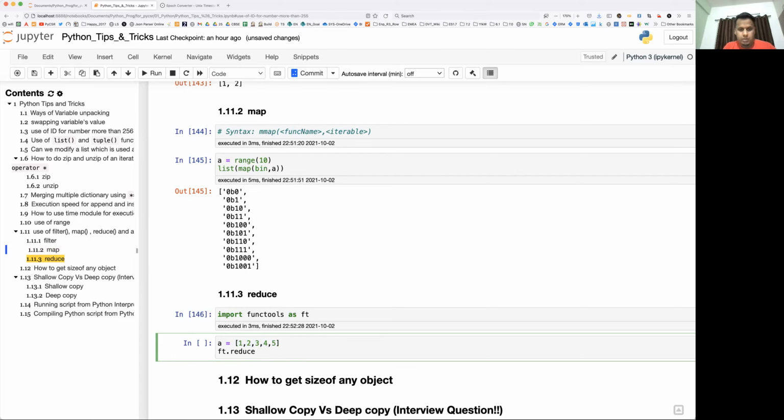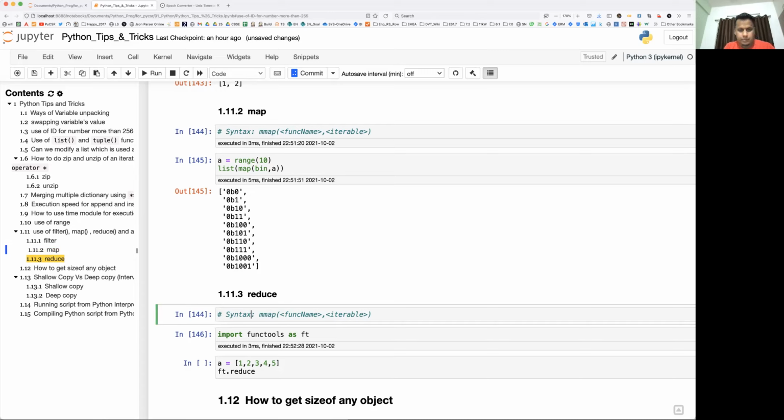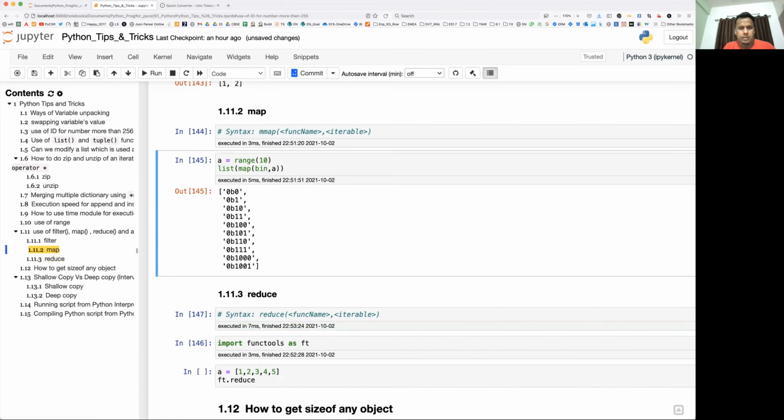Reduce also takes a similar number of arguments. Let me just show you. Reduce takes a function name and an iterable.